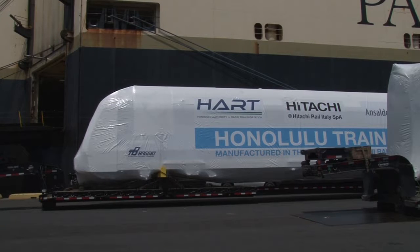These trains will connect communities. They'll connect the homes with the jobs. And so it's an important day for us. So it's a day for us to celebrate and thank the hardworking staff of the administration as well as the